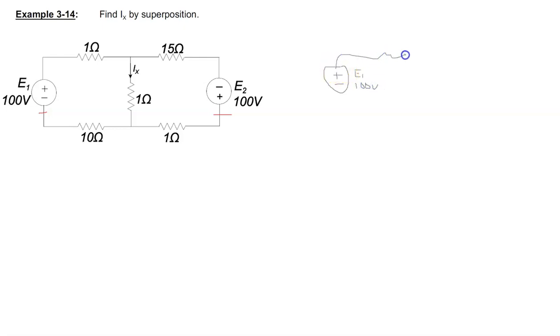We have a 1 ohm resistor. I can't draw resistors real good with this, but we got 10 ohms here on the bottom. We got 1 ohm on the top. We got 1 ohm here in the middle. And of course now I prime will go down through that resistor. And over here on this side now we have a 15 and a 1 in series with each other. And so we have over here 16